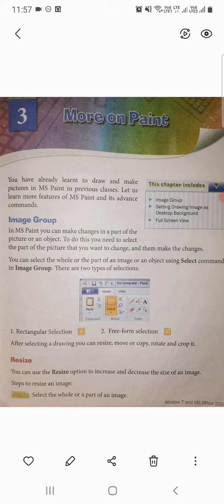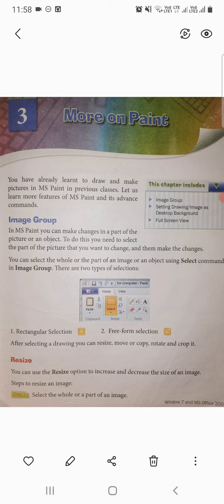First we will revise chapter 3, more on Paint, then we will revise chapter 4. Okay, so chapter 3, more on Paint. In this chapter we are going to know more about Paint. There are so many features available in MS Paint that we can use to draw images, resize our image, cut, copy, paste.